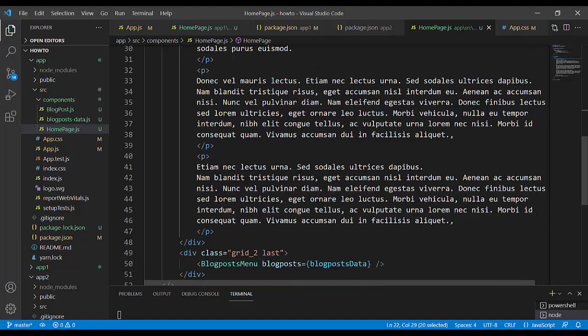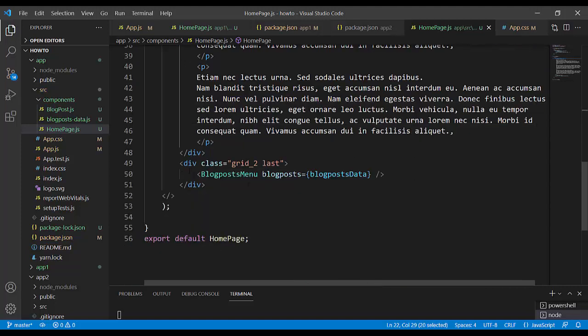Okay. After that, there is div class grid 2, and last, div with class grid 2 and class last, because